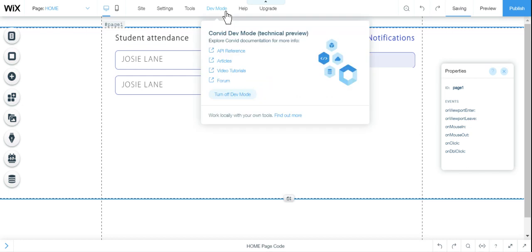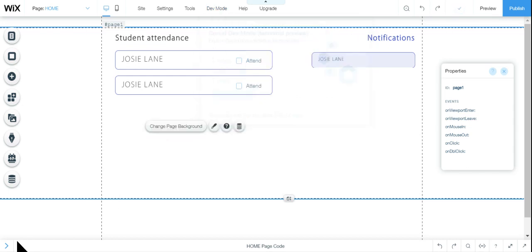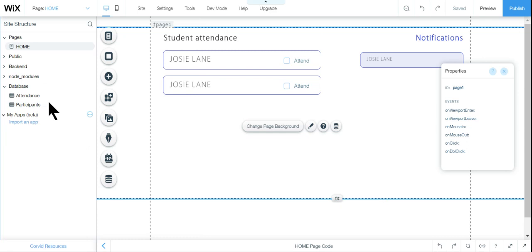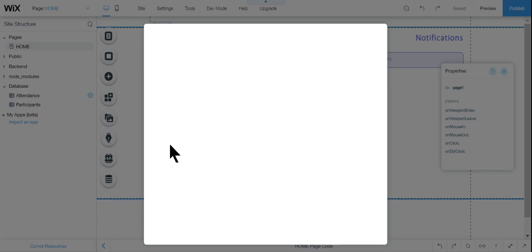If you haven't turned it on, don't forget to turn on your dev mode, obviously. The first thing I'll do right now is show you the situation of my database. Here, I have an attendance database and a participants database. If you don't know how to create one, you can just add one and then name your database as usual,